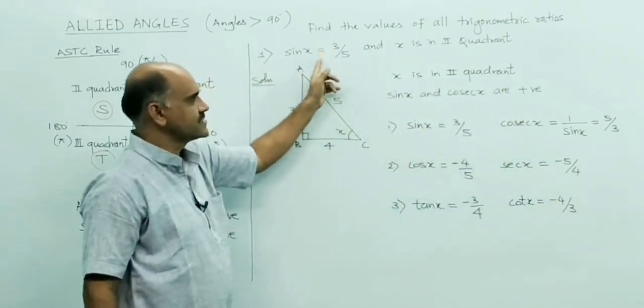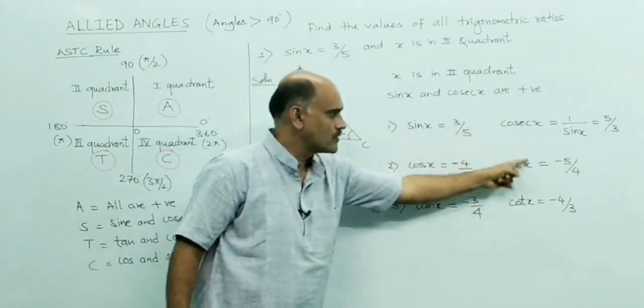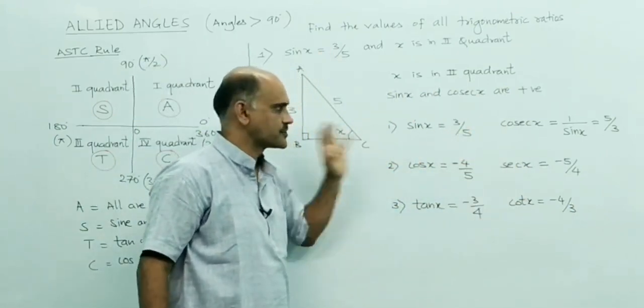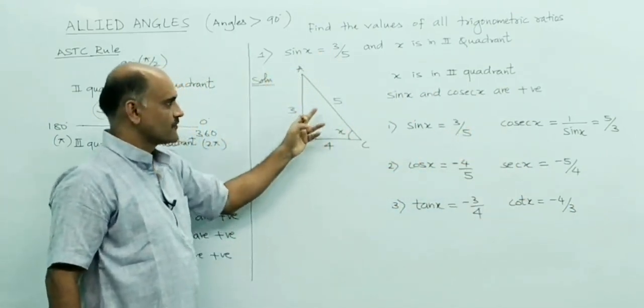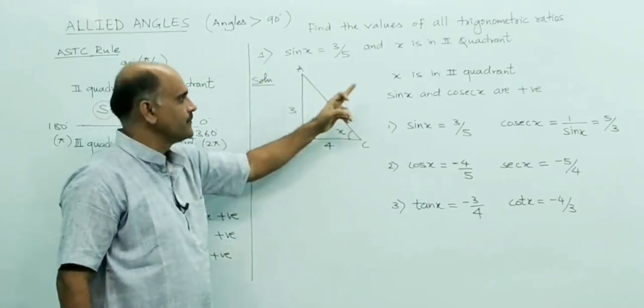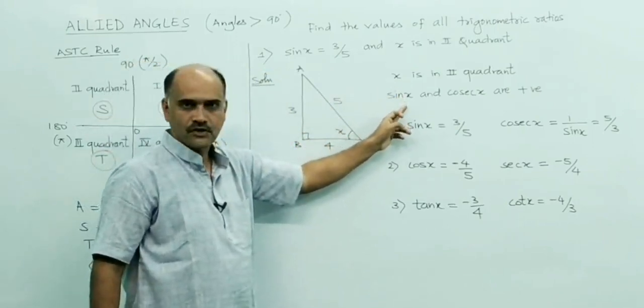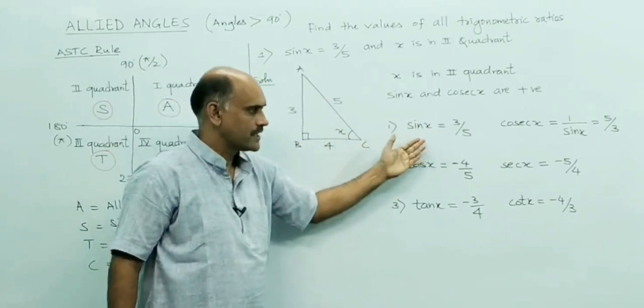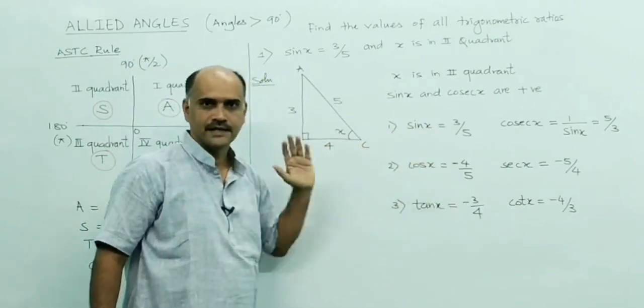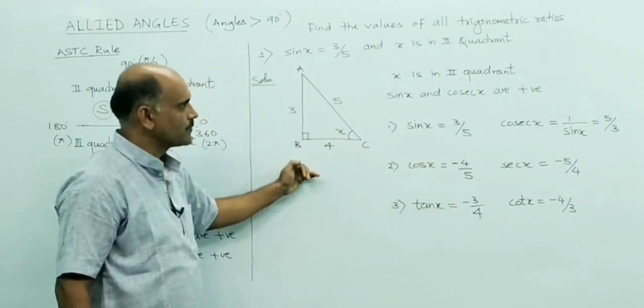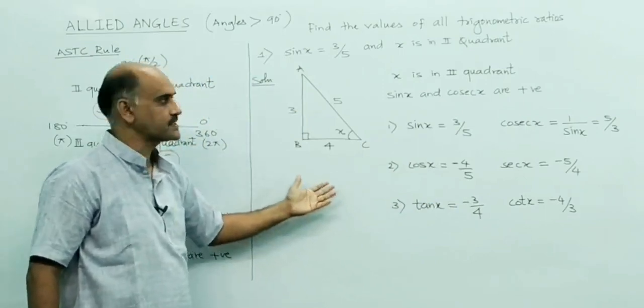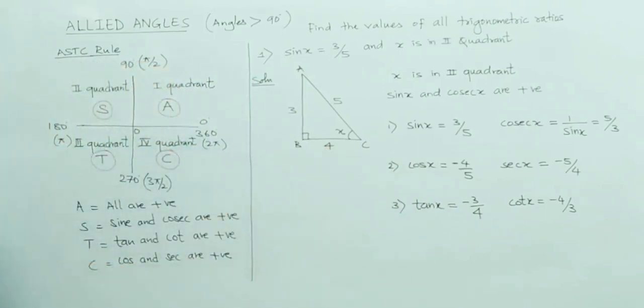So he has given sine. We have found out all the trigonometric ratios. Clear, students? First have a right angle triangle. In which quadrant it comes, accordingly you take positive, and all other you can take negative. Clear? You can pause, note down the steps, then we'll go for the next one.